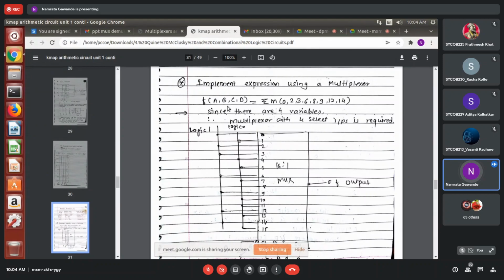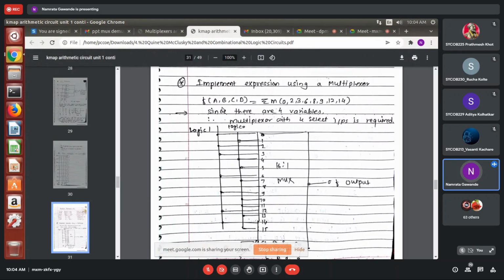Here you can see in the expression, this is a simple logic Boolean function F(A, B, C, D), where four variables are given, equal to summation of M, and these minterms are provided: 0, 2, 3, 6, 8, 9, 12, 14. Now if you have to implement this particular expression using a multiplexer, so in that case, what you can